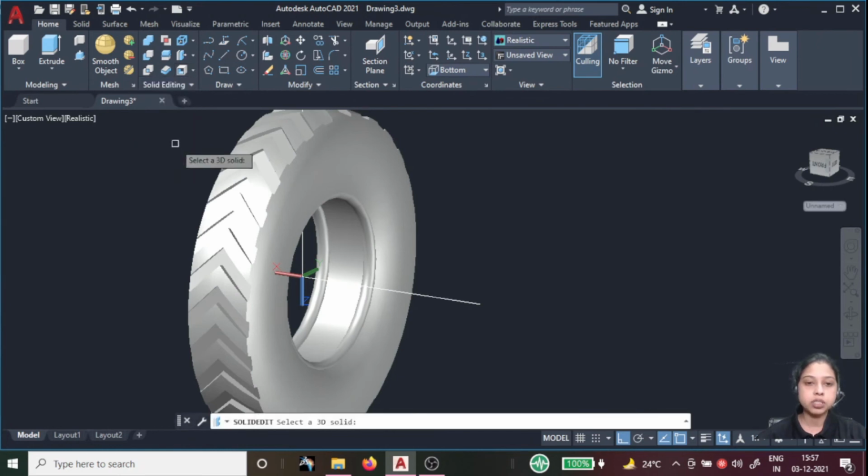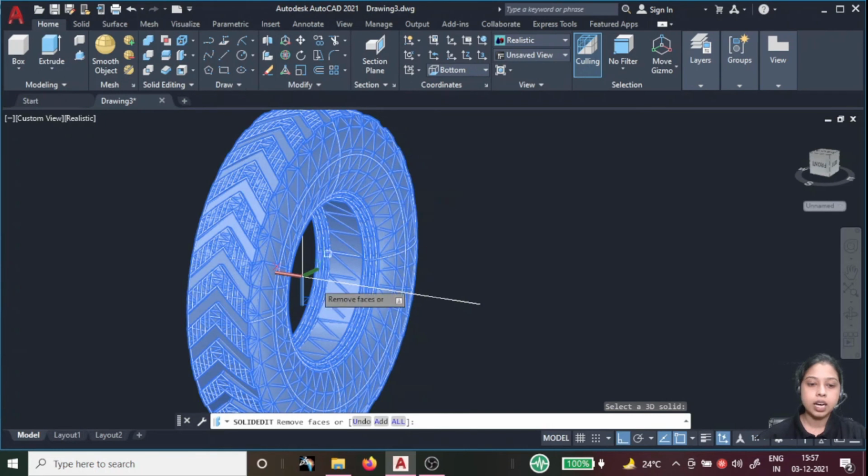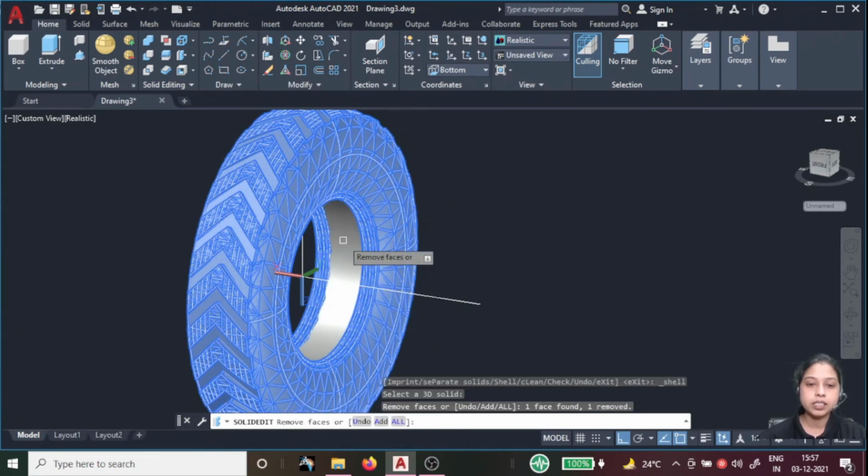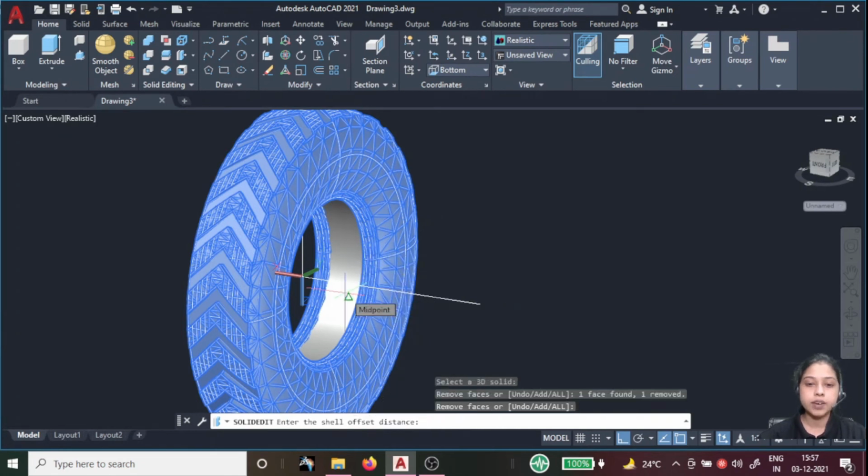Select the shell option and select the object, and now it is asking about removing the face. Which face? Just select this one face, you need to remove. Just enter. Now it is asking the thickness of your material. I am giving 5 mm. Just enter. Now it will take some time for the rendering.